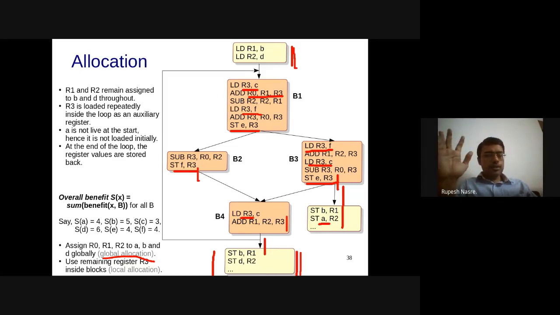Global allocation is done. So that register is removed. That variable is removed. And then I need to recolor possibly this graph, because some edges are going to get removed. The nodes are going to get removed, whichever have been assigned this global thing. And then I might be able to recolor it better. Right? So that is also one possibility.